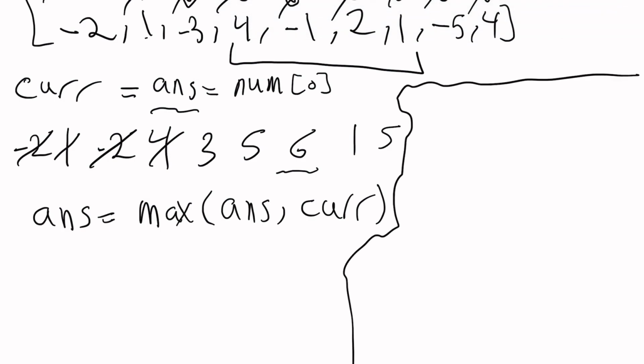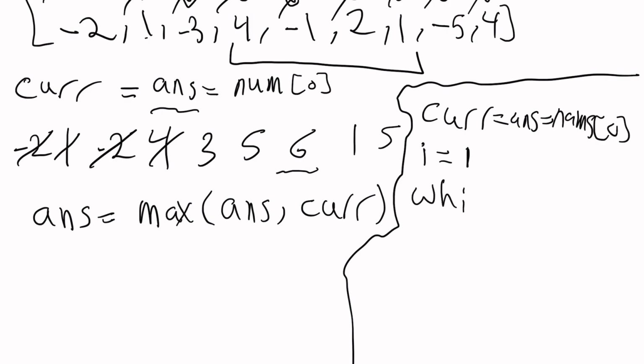So what I'm going to do is I have my current equal answer equal nums of 0, and I have i equal 1, and while i is less than len of nums,